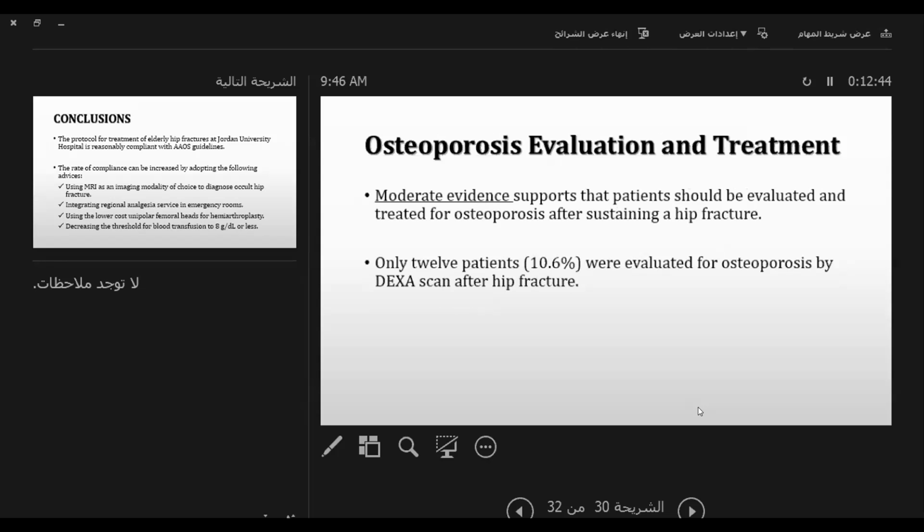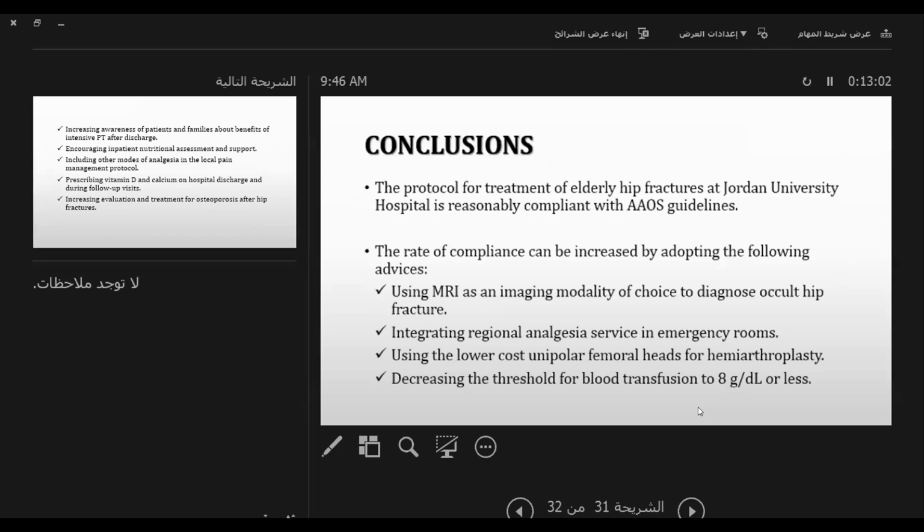Regarding osteoporosis evaluation and treatment, the AOS support that the patient with hip fracture should be evaluated and treated for osteoporosis after sustaining a hip fracture. Only 10.6% were evaluated for osteoporosis by DEXA scan at our center. So to conclude, the protocol of treatment of elderly hip fracture at Jordan University Hospital is reasonably compliant with the